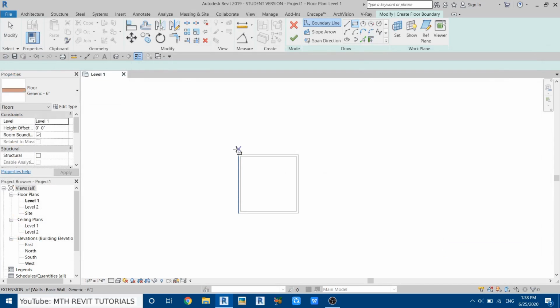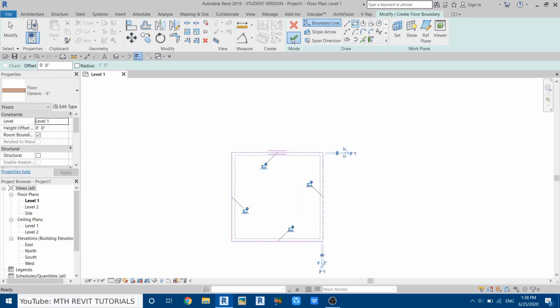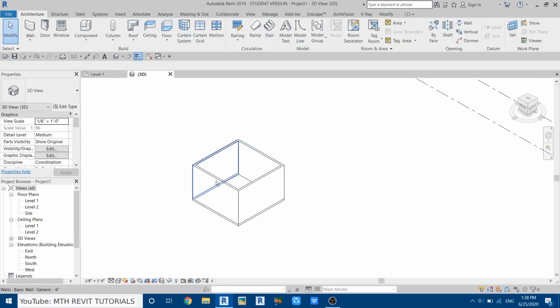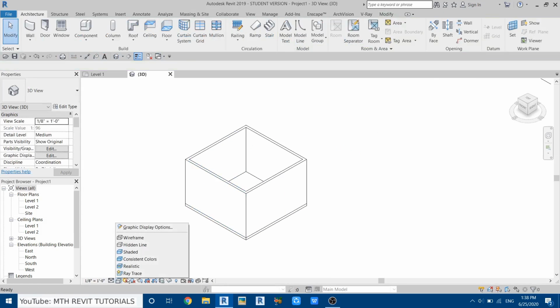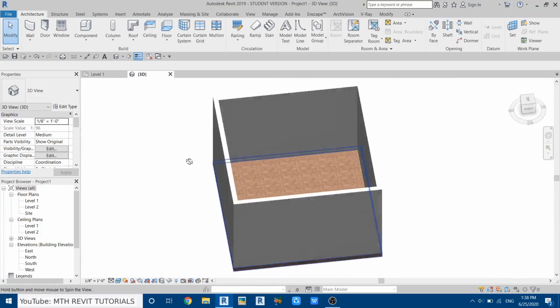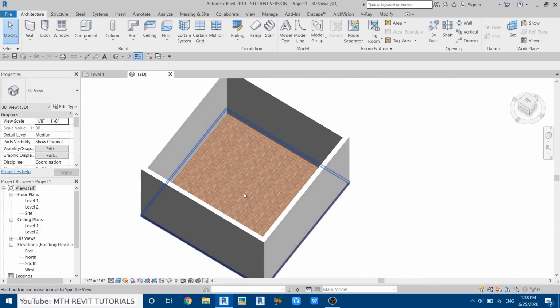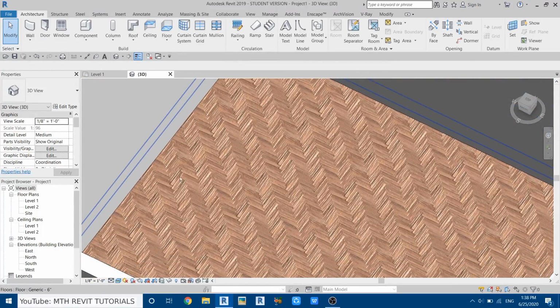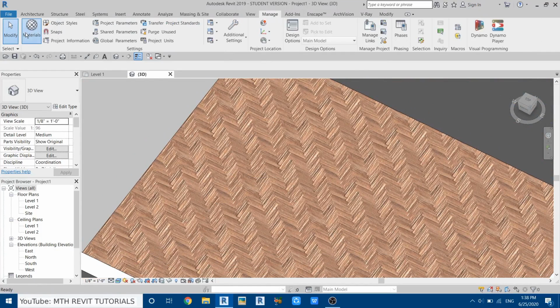Draw a rectangle around this room. Click finish and go to 3D. Change the visual style to realistic, and you can see we got that floor here, but I think we need to increase the size of this texture. So go to manage, materials,